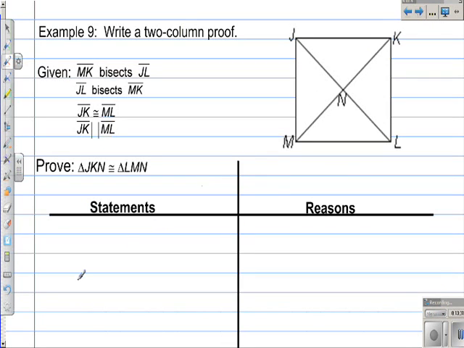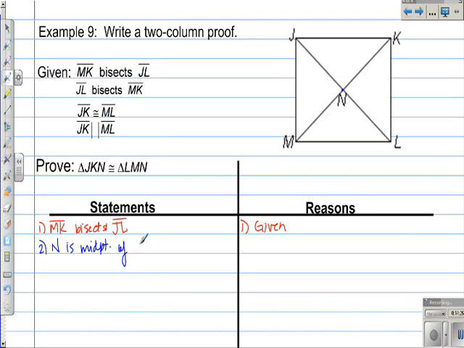Now we're going to write a two-column proof, okay? So the first thing is you're given that MK bisects segment JL. So we're going to write down our given. Now, since it bisects it, when a segment bisects a segment, the next thing you know is you always have a midpoint. Well, MK bisects JL, and they cross at point N, so that tells us N is the midpoint